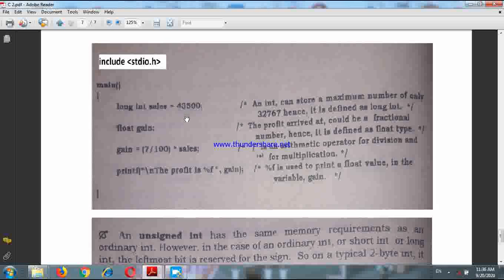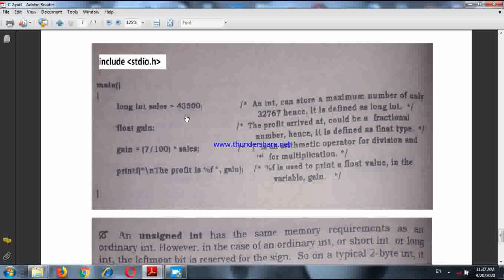That means at the very beginning I have assigned the value 43,500 to the variable sales. Then float, that means I have declared another variable of type floating. So two variables I have: one is sales of type long integer, and then gain, which is of type real. And I have written gain equals 7/100 into sales.